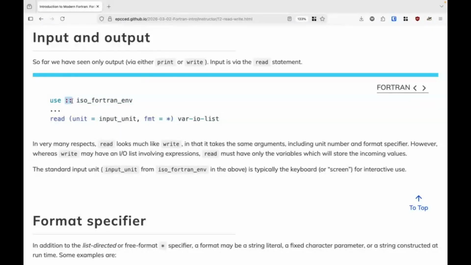We've actually changed the syntax here a little bit. This is a little bit more modern again. Use, double colon: this is optional. Still pretty uncommon to see, but this is cutting edge Fortran style now. I personally wouldn't even put these two colons in, but just so you're aware, that's possible. That's something that you might see. But anyway, if we use ISO Fortran env, we get access to input unit, and